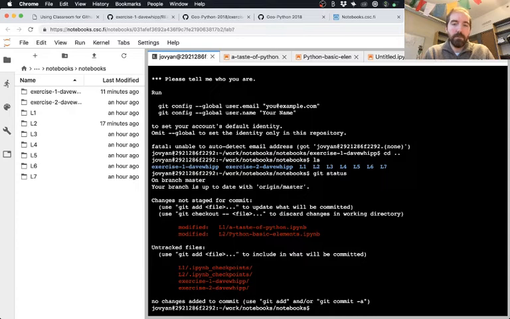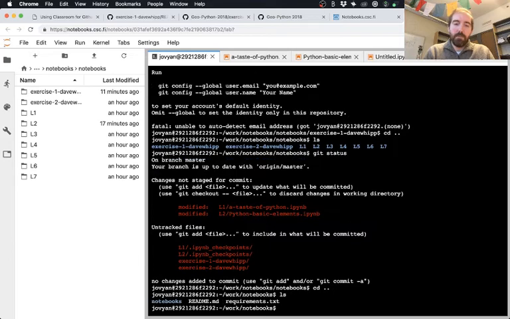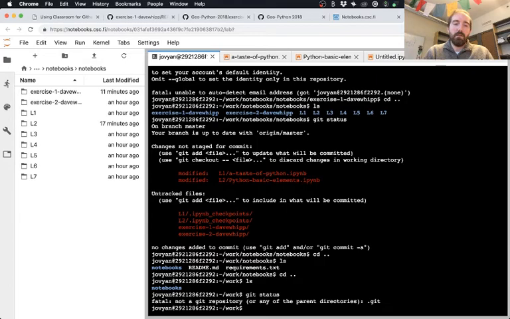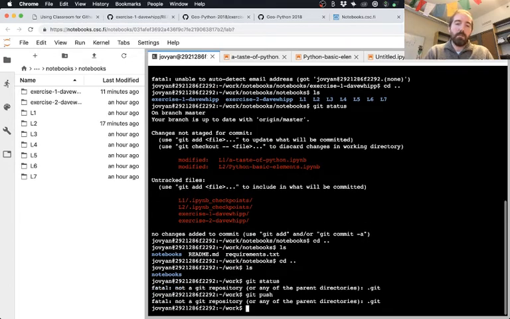Okay, well, actually, this is a little bit more complicated because I'm in a directory where it is already a git repository. But if I'm here in the work directory and I do git status, it's going to tell me it's not a git repository. If I try to git push or something like that, it's going to complain.